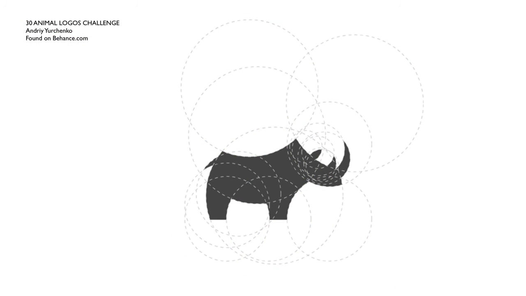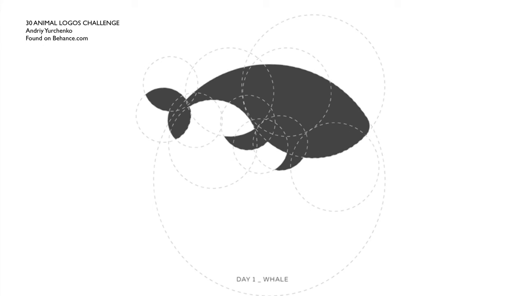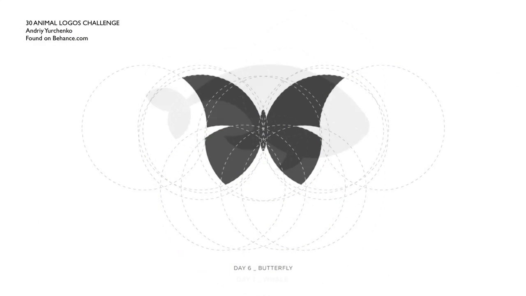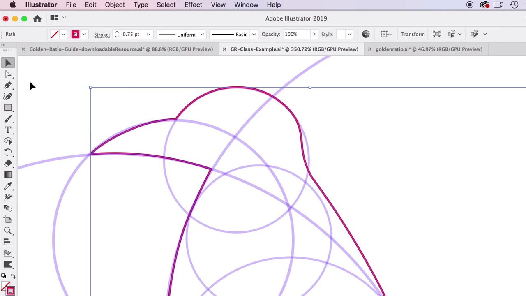I'm going to show you another example of another talented designer who takes all these circles and finds opportunities in the overlapping parts of the circle to find shapes. So right there, there's an opportunity to do that. And also this bend, we can maybe even